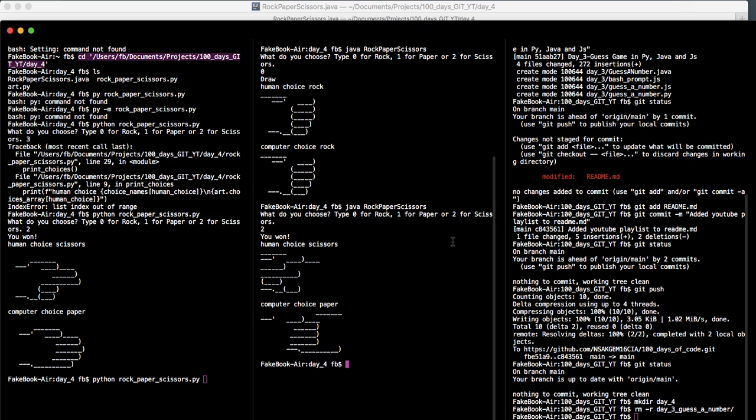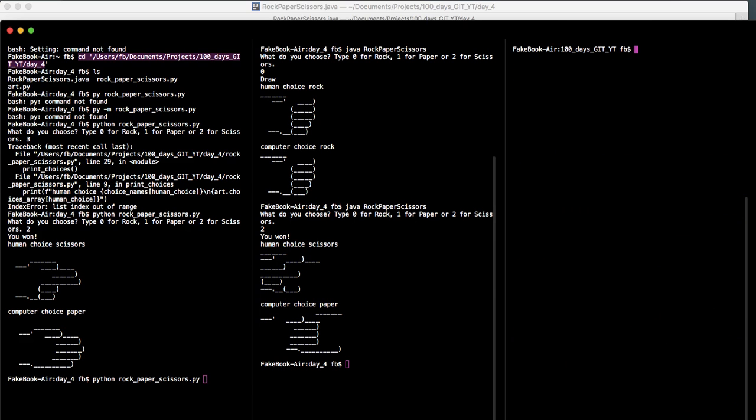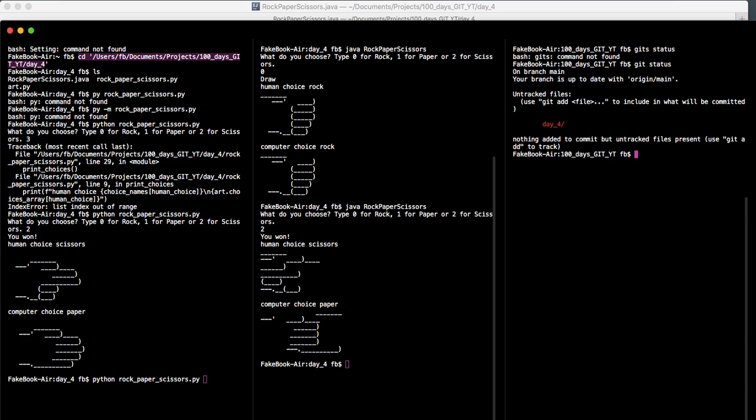We're gonna go ahead and push. Okay, so because we had everything set out, let's do clear over here first, so we see what we're working with. Do git status. Sorry, it shouldn't be manually like that. Git status. Okay, we have day 4 which needs to be added. Alright, very good. So let's do that.